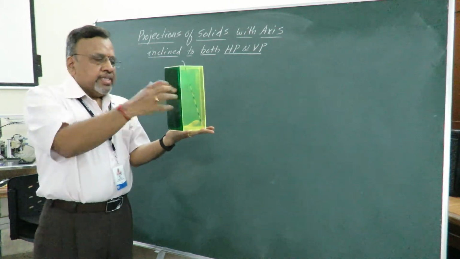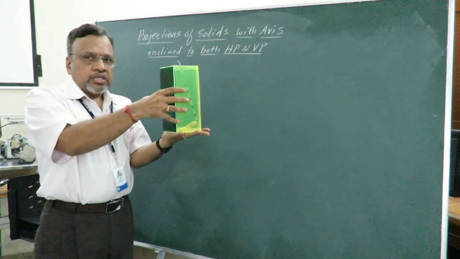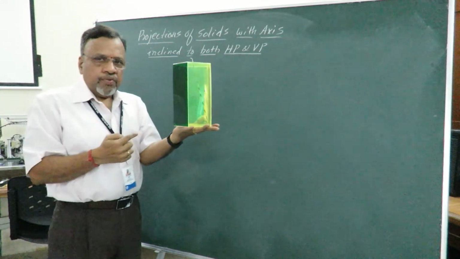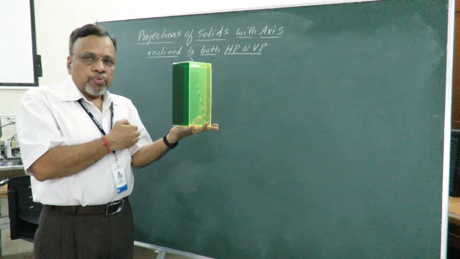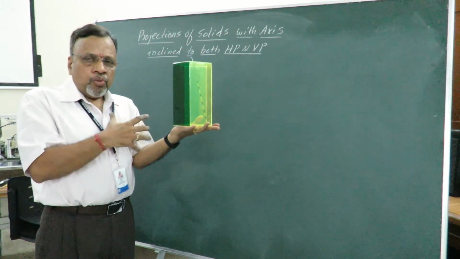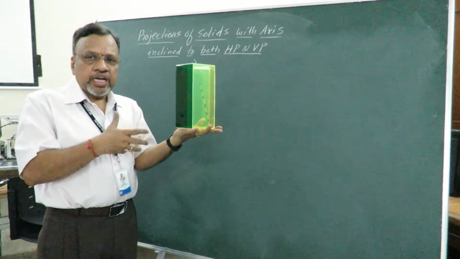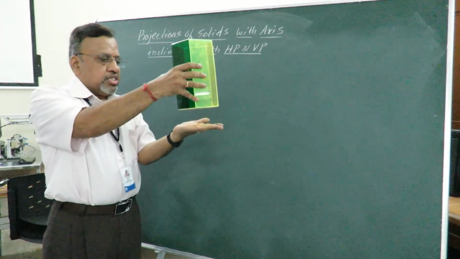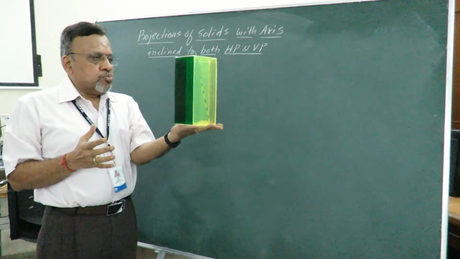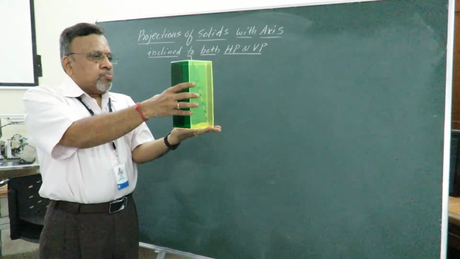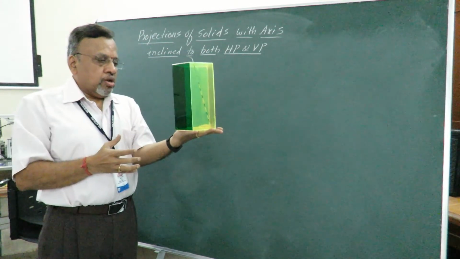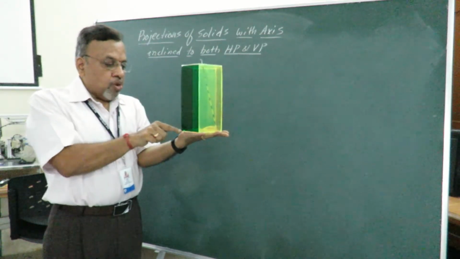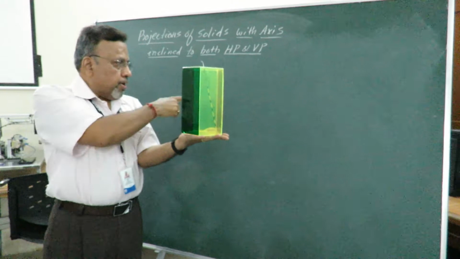Okay, now in the second stage, I am going to incline the solid. Now this is very, very important, because I told you that whenever I want to start from top view, we need to know the orientation of the solid also. That is, how exactly this particular solid has to be oriented. Okay, now let us consider this. Now if I just have this particular pentagonal prism resting on its base on the ground, such that I am just considering one of the base edges perpendicular to VP.